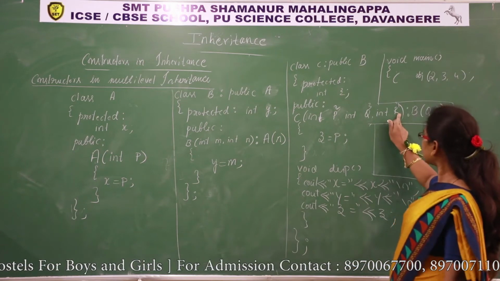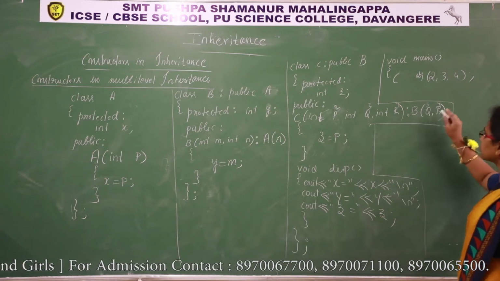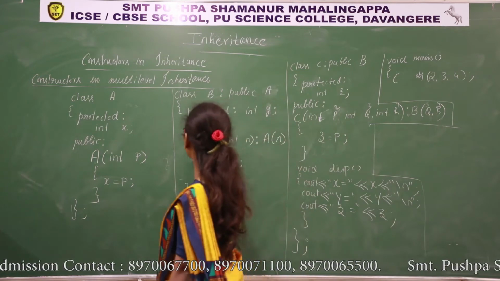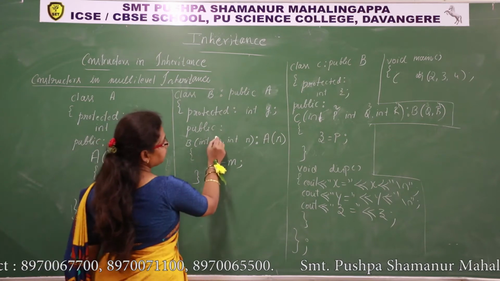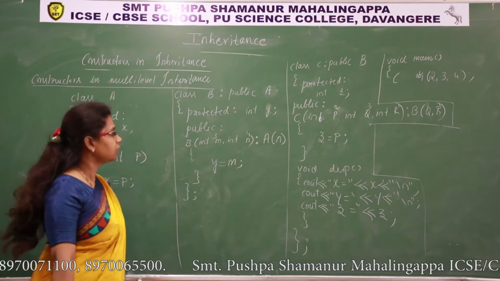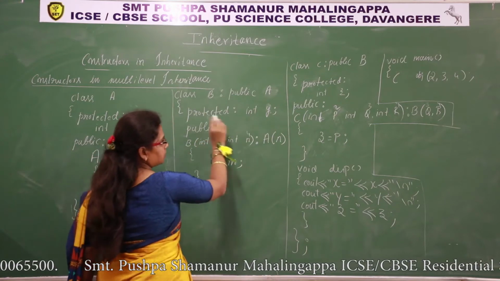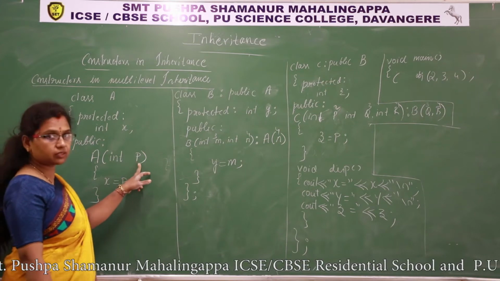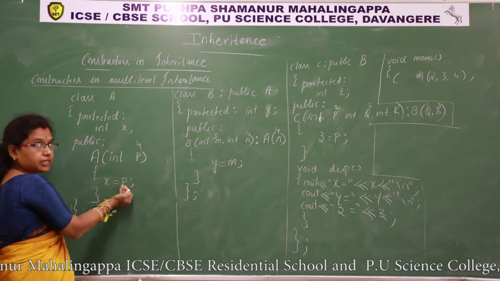Now these two values are passed to its parent class, Q and R. What is there in Q and R? 3 and 4. These two parameters go to its parent class. So that's why we have taken two parameters here. Now the Q value will be copied to M, 3, and the R value goes to N. Now the N value will be passed to its parent class, 4. Isn't it? Now I have taken one parameter here, the 4 is copied to P, then initialization starts from here.